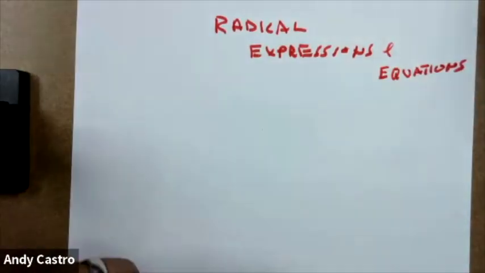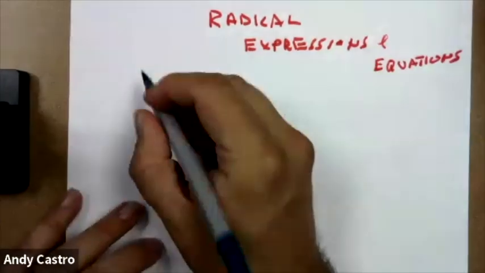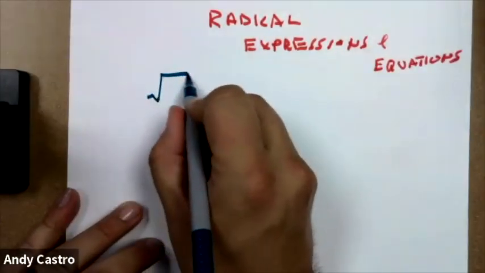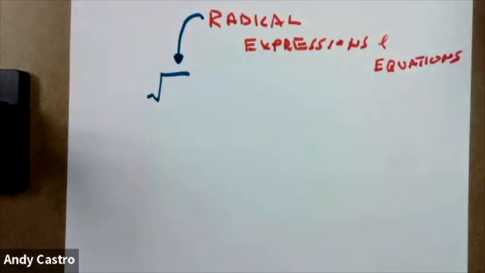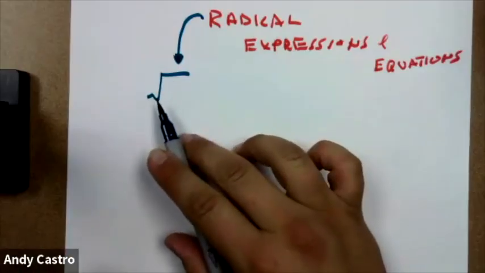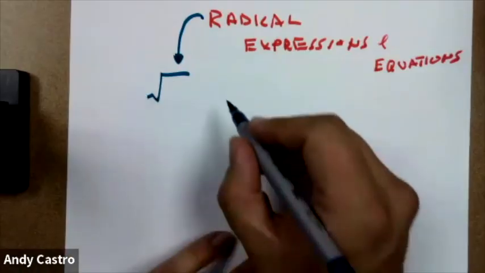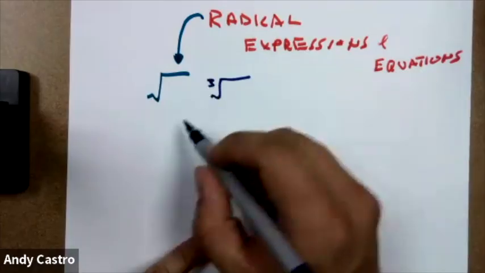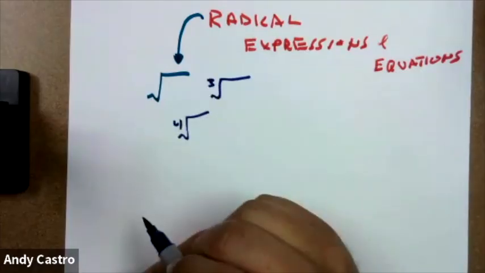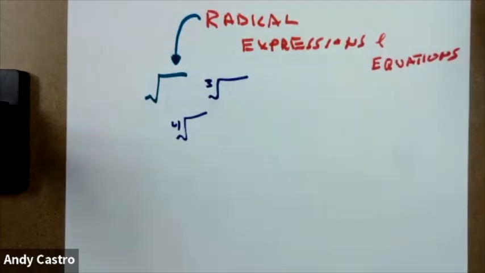Okay, so what do we mean by a radical? A radical simply is the root symbol. That's what we mean by a radical. A radical can be a square root, which is typically what is understood when there's no number, but it can also be a cubed root. It can also be a fourth root, fifth root, so on and so forth. And what that simply means is